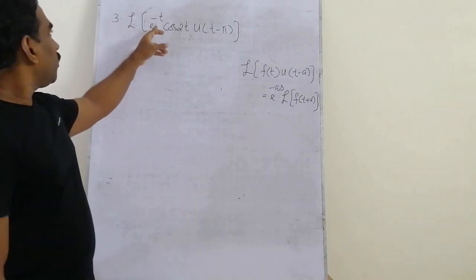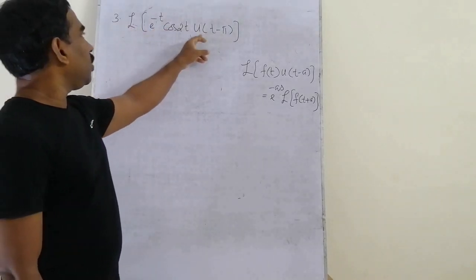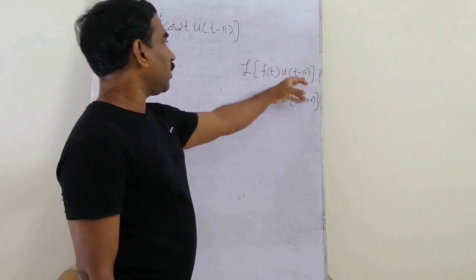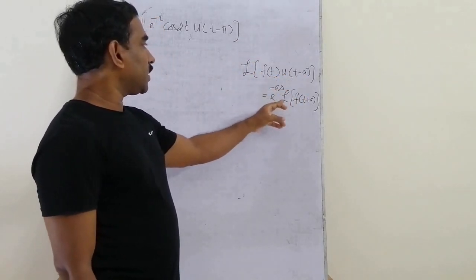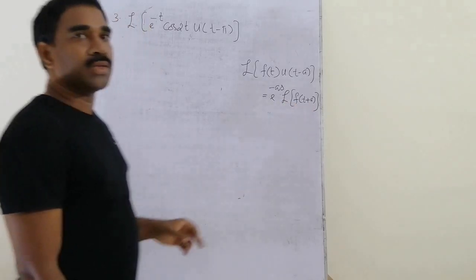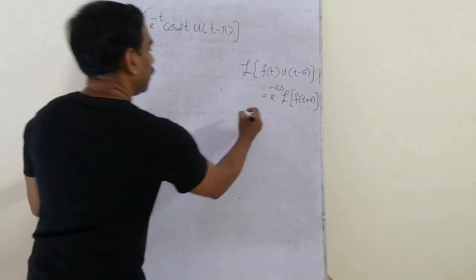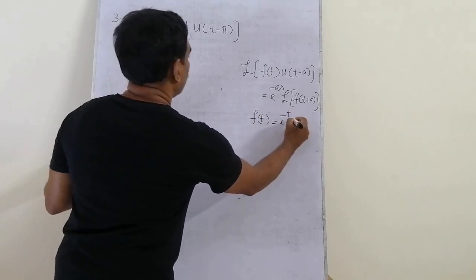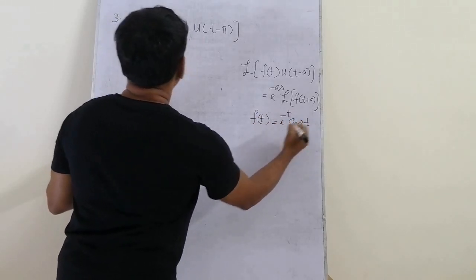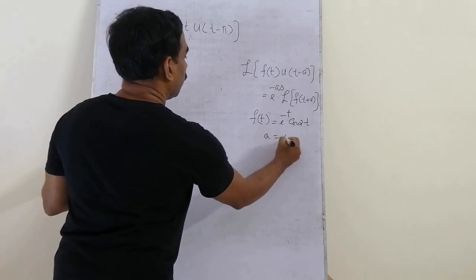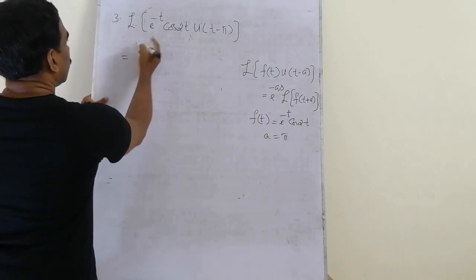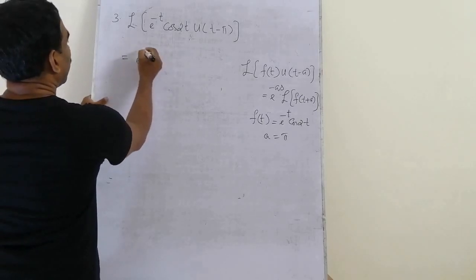Again, find the Laplace transform of e raised to minus t cos 2t into u t minus pi. We can apply the same result. Laplace transform of f t into u t minus a is equal to e raised to minus as into Laplace transform of f t plus a. And here what is f t? Here our f t is equal to the product function e raised to minus t into cos 2t, and here the value of a is equal to pi. So by that standard result we have this Laplace transform is equal to e raised to minus as, that is